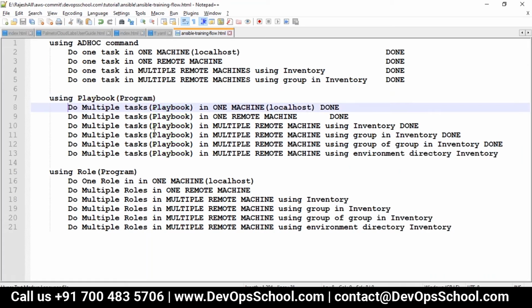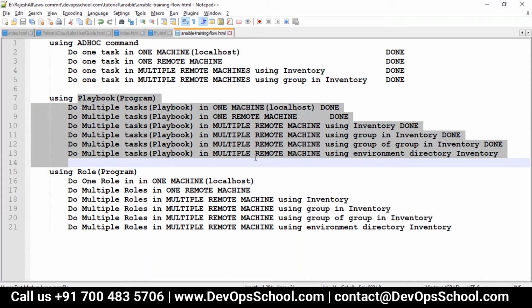If you have multiple tasks to run on one remote machine or multiple remote machines, then you should write a playbook. So guys, the idea behind it: initially I will teach you ad hoc commands, which are very powerful. But once you get bored with ad hoc commands, then I'll teach you playbooks.